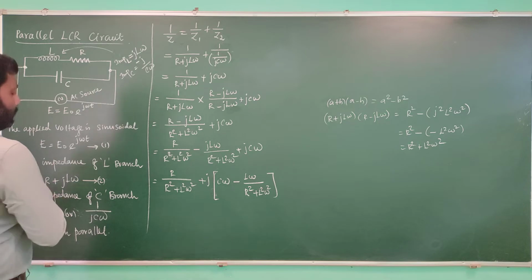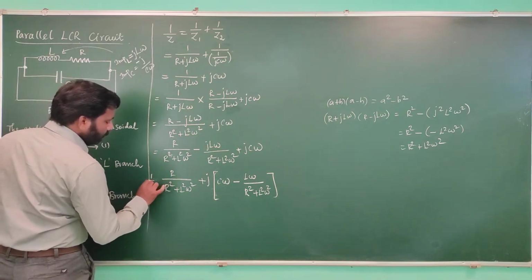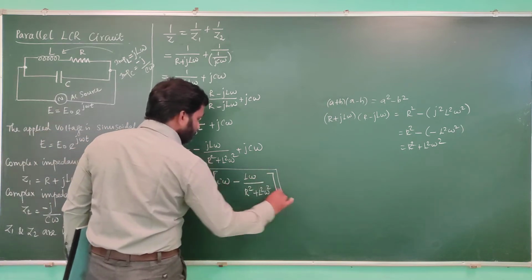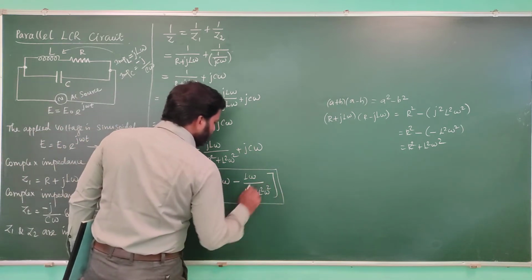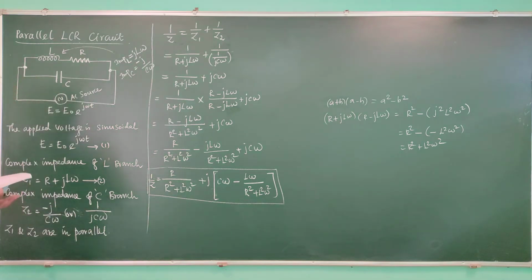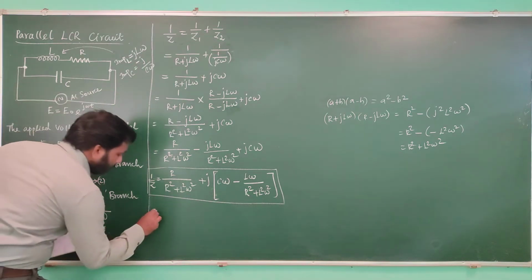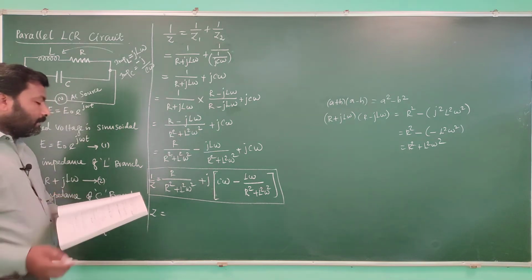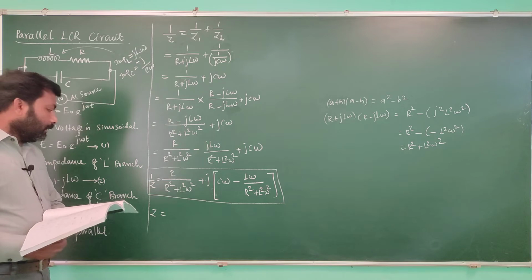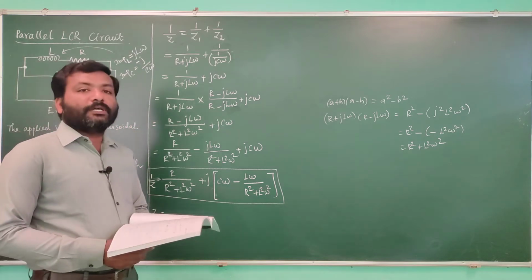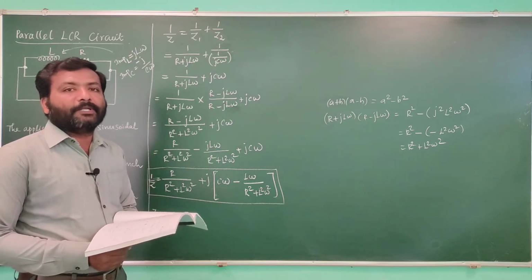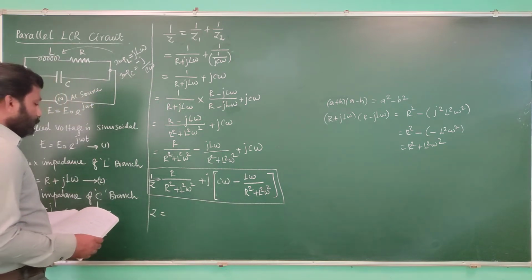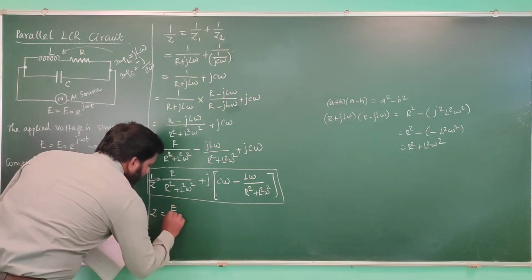Okay, this is nothing but 1 by Z. This term is 1 by Z. And Z is called impedance. We have defined impedance as the ratio of the applied EMF to the current produced. Right? The impedance is the ratio of the EMF applied to the current produced, so that this becomes E by I.